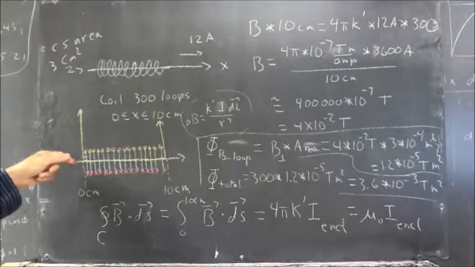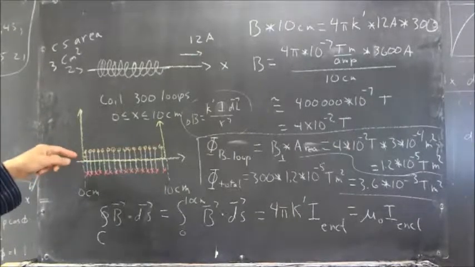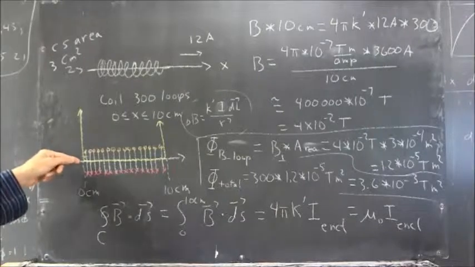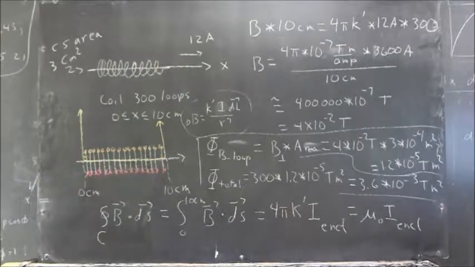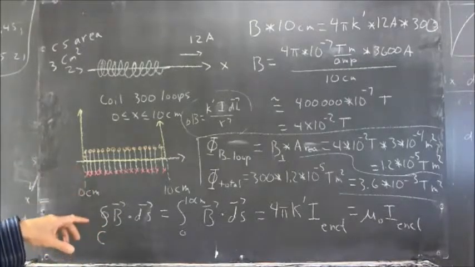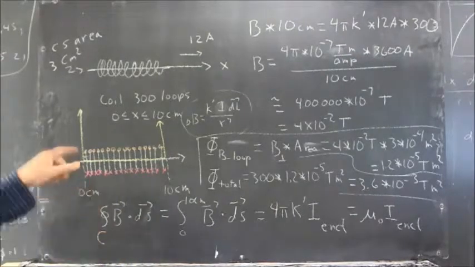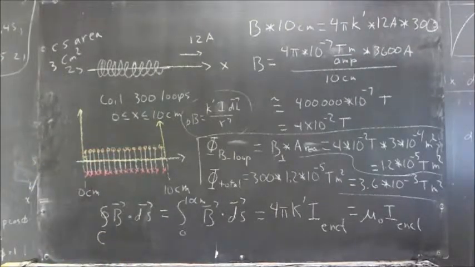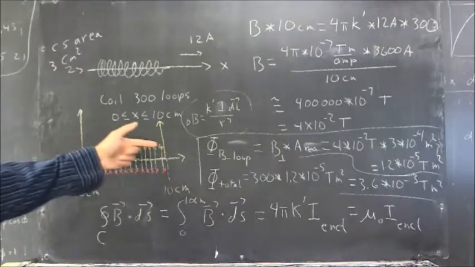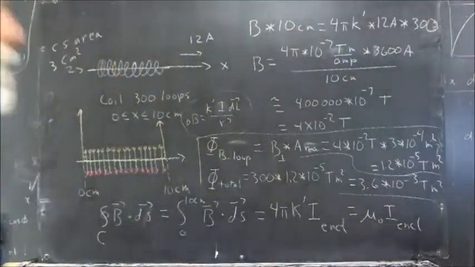So the only part of the line integral that has a non-zero result is the integral from 0 centimeters to 10 centimeters along the x-axis. So knowing by Ampere's law that the integral of B dot ds has to be equal to 4 pi k prime times the enclosed current, we obtain all of this,